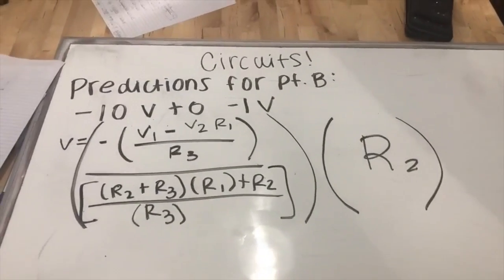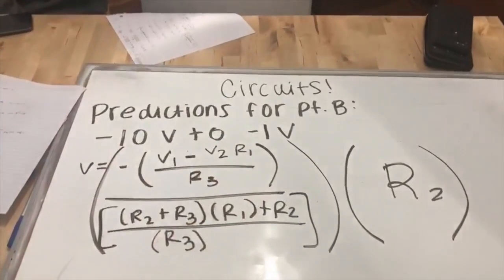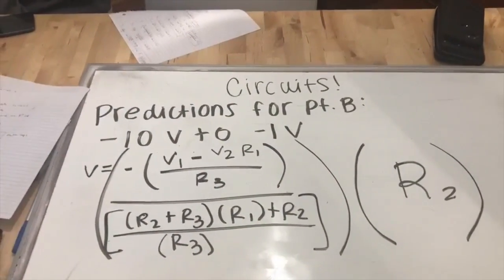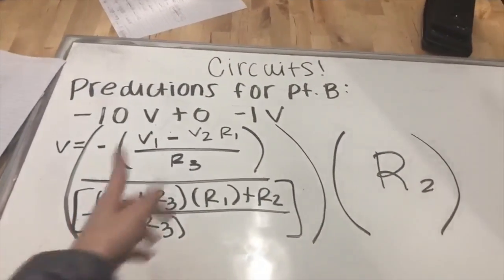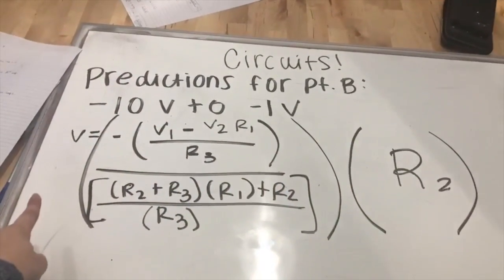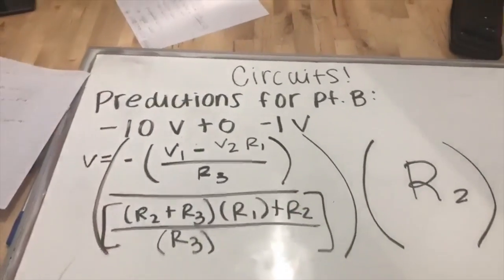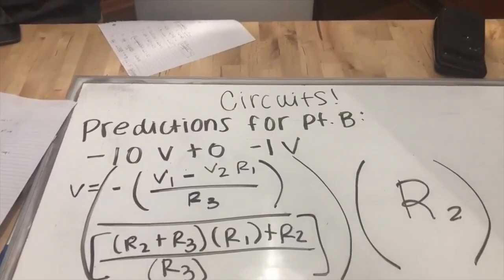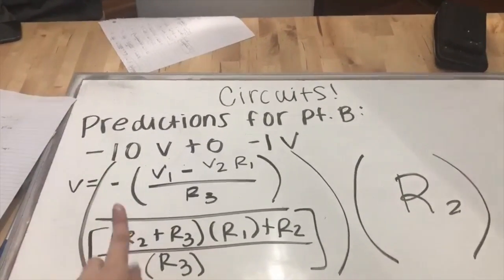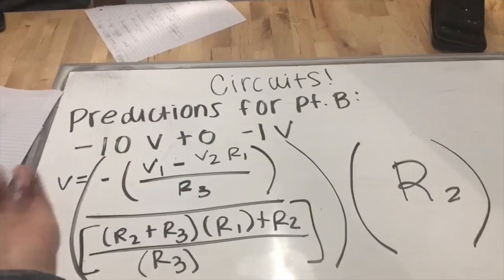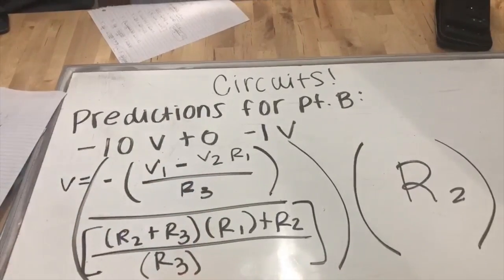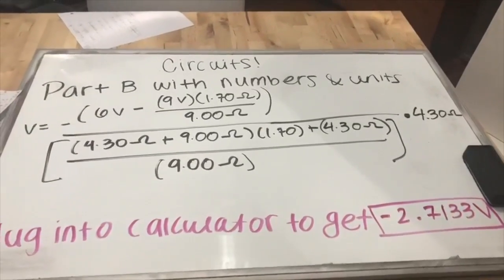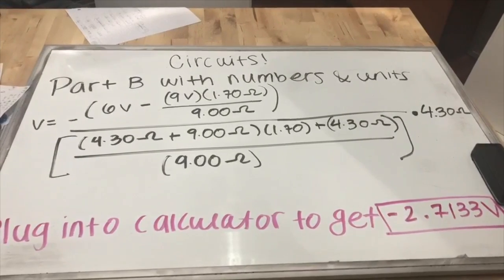All right, so in this part, I just plugged in the equation for I2 that I found earlier and multiplied by R2 to get the voltage across A and B. And I also wanted to point out that I am predicting that the answer will be between negative 10 volts and negative 1 volts. All right, so now I plugged in my values into the equation we found for part B